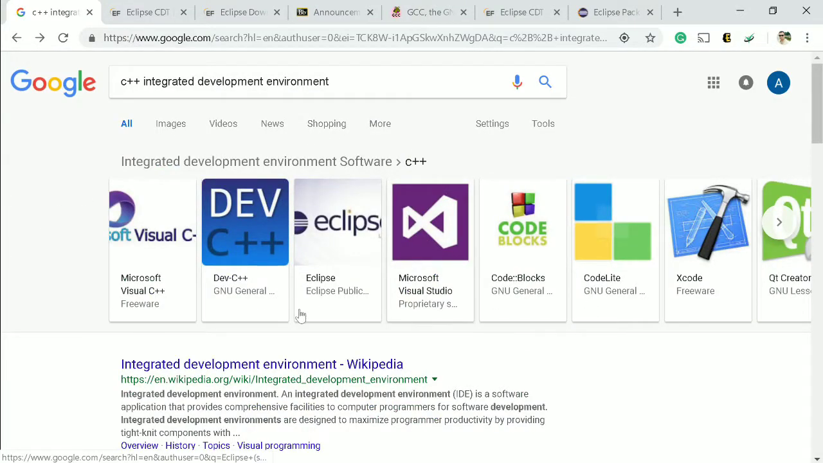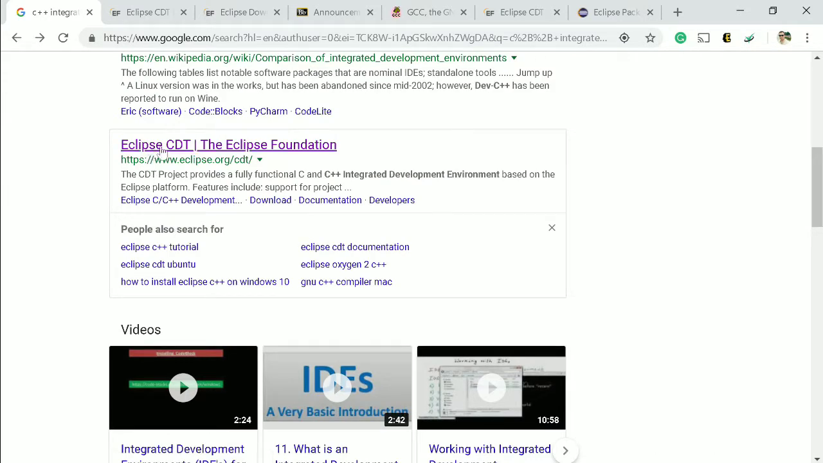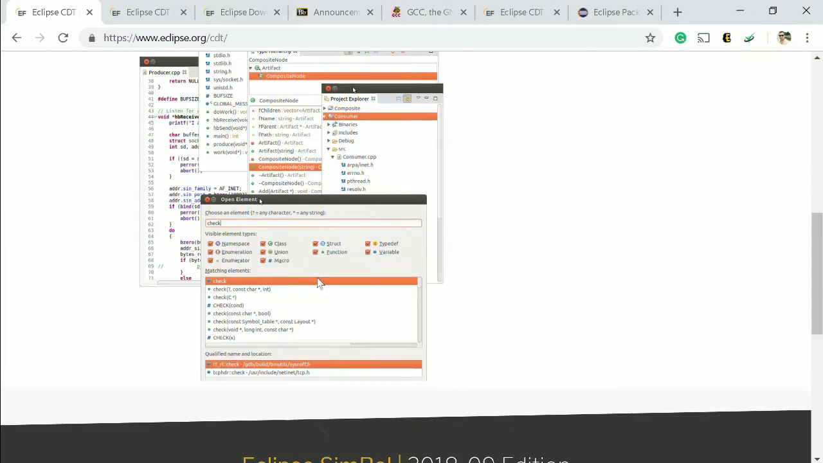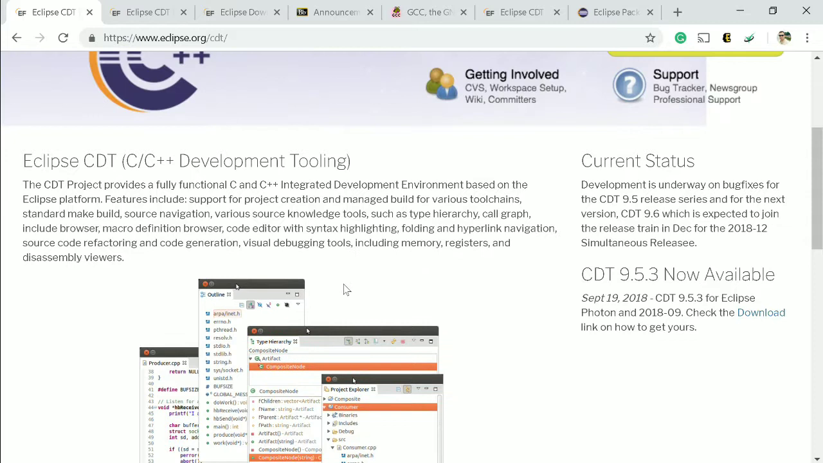In this lecture, we're going to learn how to work with Eclipse for C++ programming. First of all, very briefly, we want to know what Eclipse is. If you search for C++ integrated development environment on Google, you will find something. One of them would be Eclipse CDT, from the Eclipse Foundation. When you click on this and read everything, you will find that Eclipse is